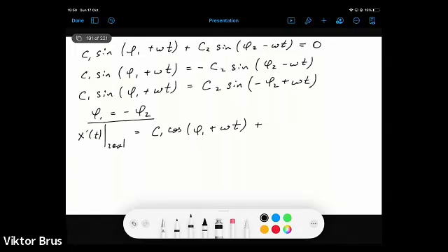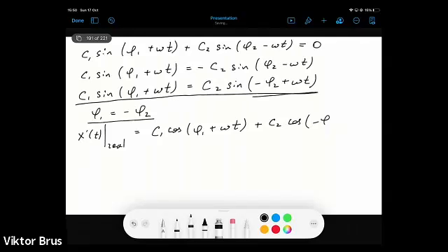Yes, here will be another C2 times cosinus minus... yeah, now it's clear why not C2. So again,